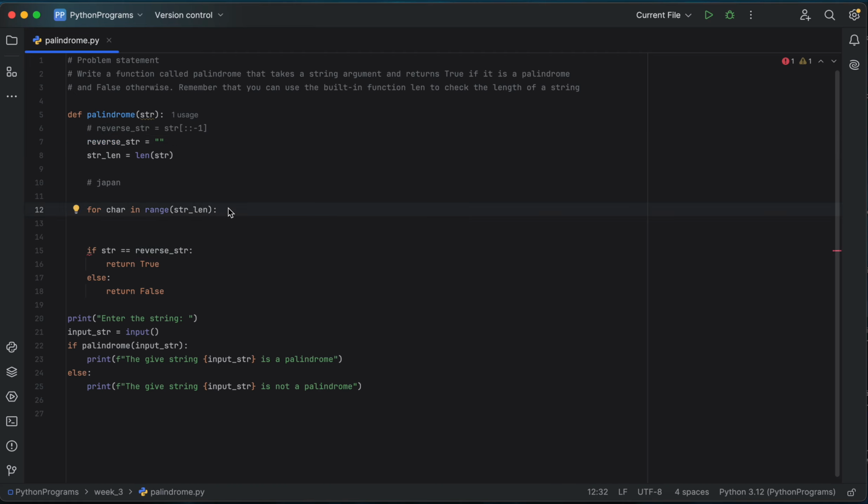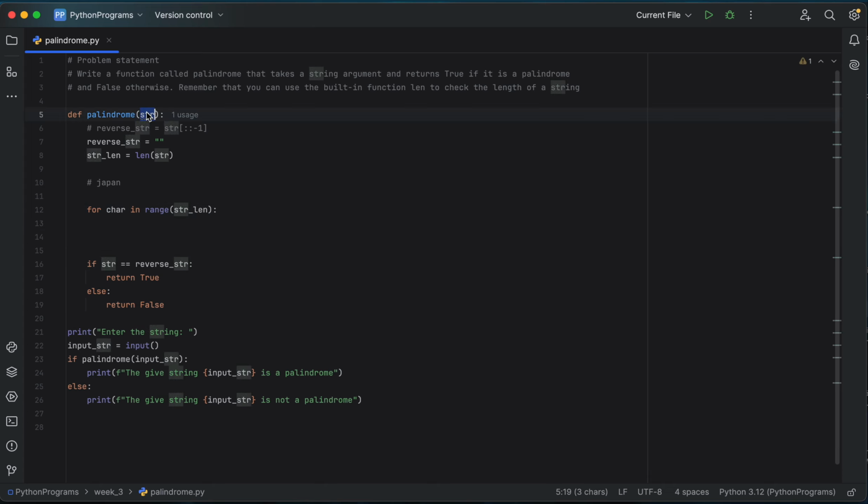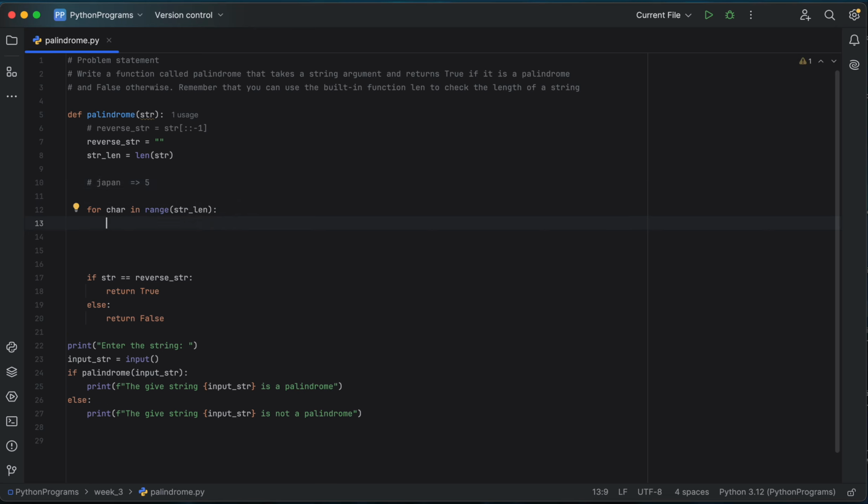So for this, the index of the str will be this one, right? First, see here the string length is 5. Length is 5, right? Indexing starts from 0, so this is 0, 1, 2, 3, 4. So the index of n is 4. To get the last character, we do reverse str equal to, we keep appending this string with one character each time, reverse str plus, and then we have to copy the last character first, right? Str of